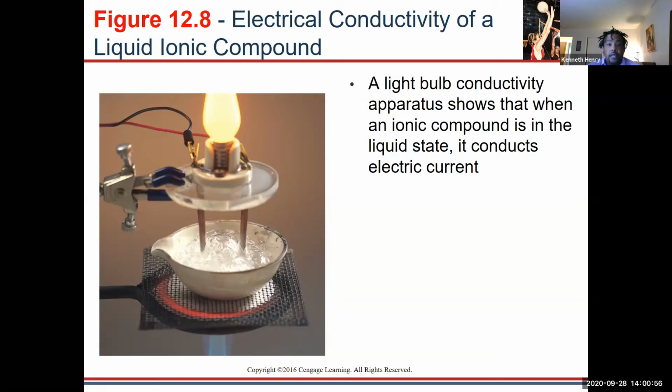Now, a ruby, aluminum oxide, is going to be a lot harder to melt. It's going to take a lot of energy to melt a ruby compared to melting sodium chloride, because of the charges that are involved. Aluminum has Al3 plus and O2 minus to keep it stabilized, whereas sodium chloride is just